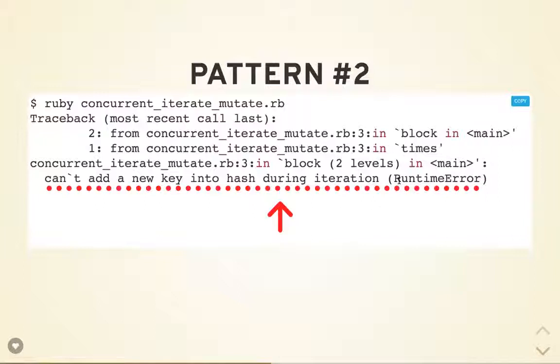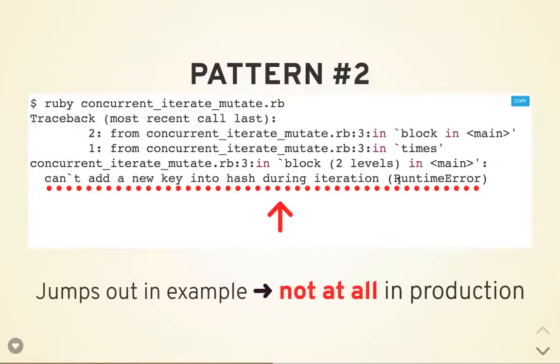So something wrong may have happened, and Ruby actually says, no, I don't allow you to do this because otherwise it will break. So this breaks in the good way, which is in a very loud way, instead of silently, and you just corrupt your data, which is what other languages sometimes do. And Ruby also, but not in this specific case. So this one is a good one, but the problem is this jumps out in the example,